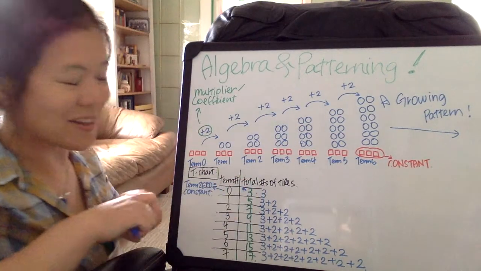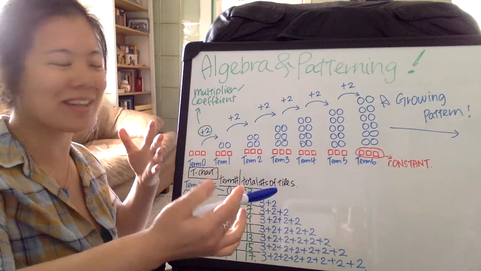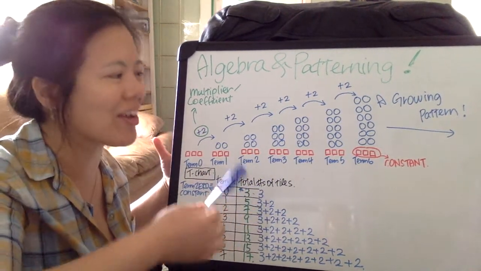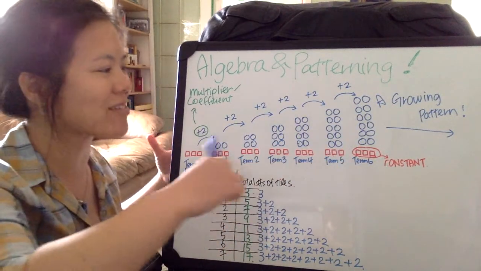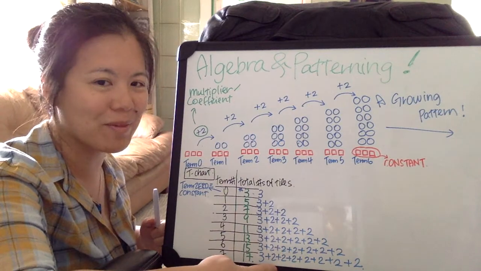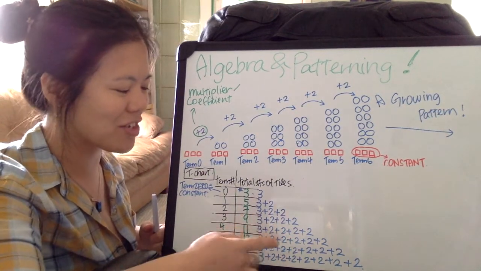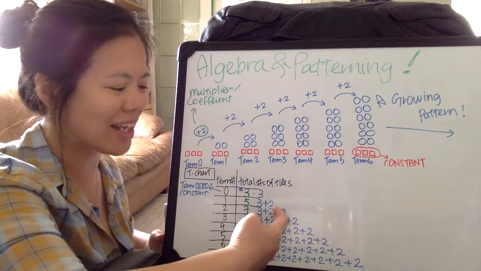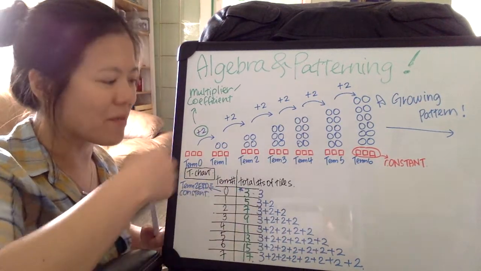So it is very cool because when you represent the growing pattern using these drawings or tiles, you can see how the pattern is going this way. But if you look at the table of values, the t-chart, you can see how it is going this way, that you are adding 2 each time to the previous